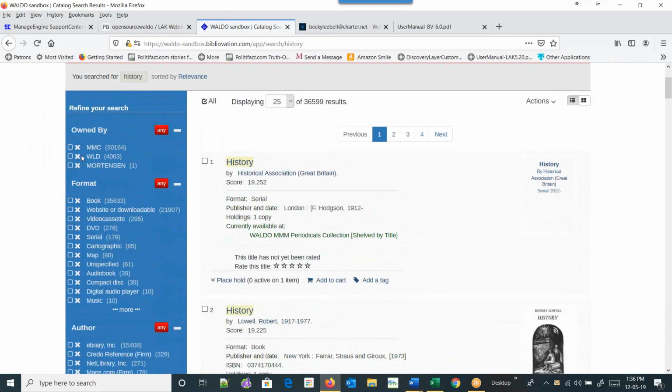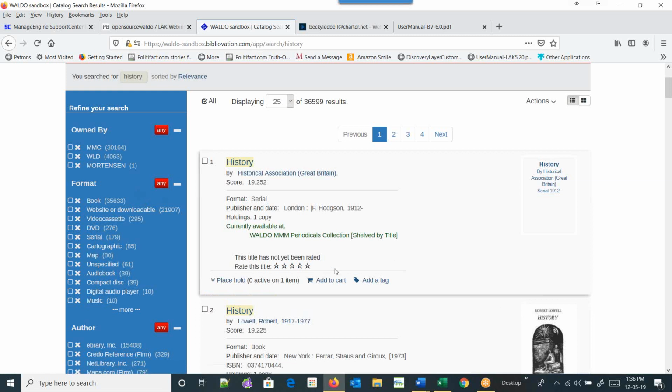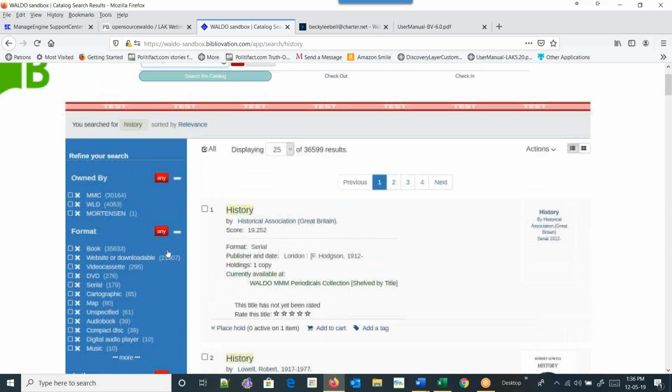There are checkboxes in front of each of the facets that are displayed. Supposedly, you can set that via the user roles. I haven't tried it. I've only done the testing with my own patron record.